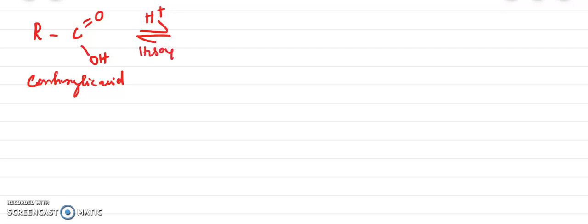So what happened here? You have to write it this way. The H plus ion, the proton, will come and attach here. So you will get a compound like this, with a double bond to OH plus. Here there is a plus, and here the OH is already there. You have to write it like that.